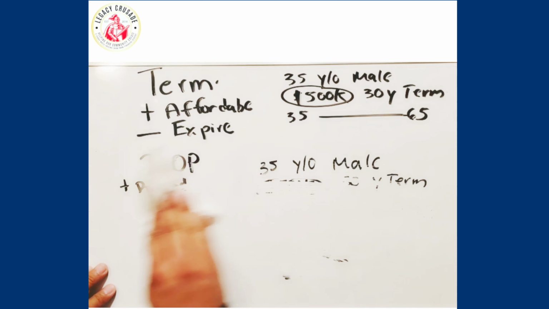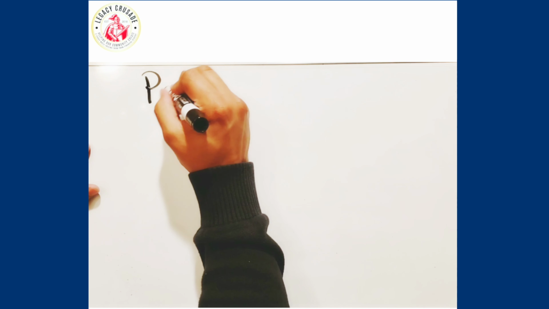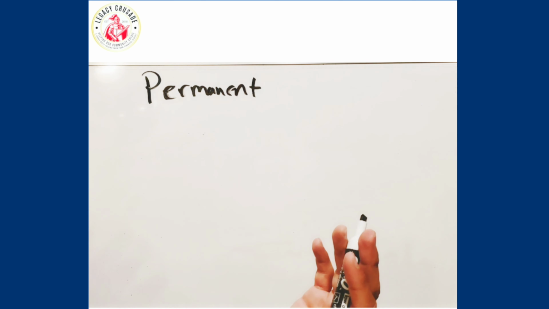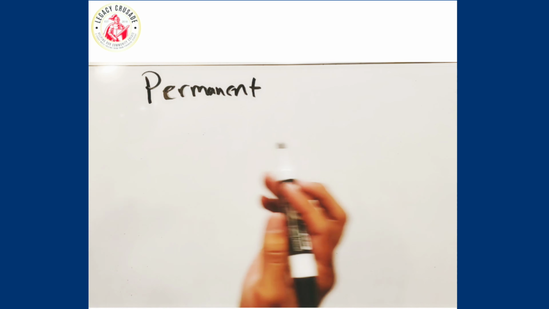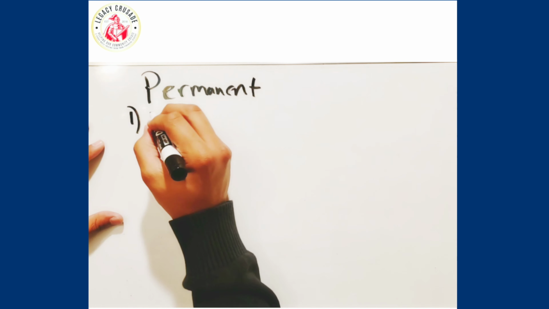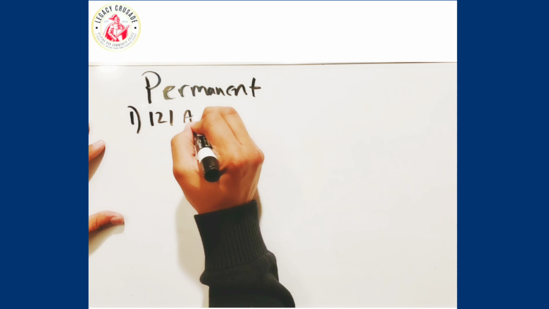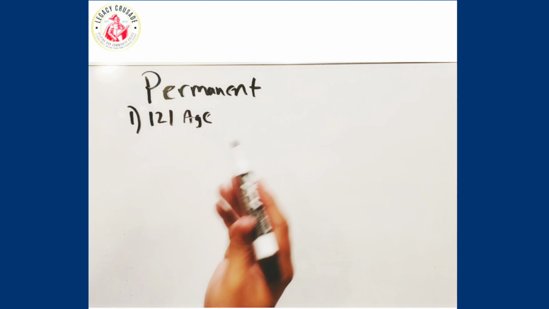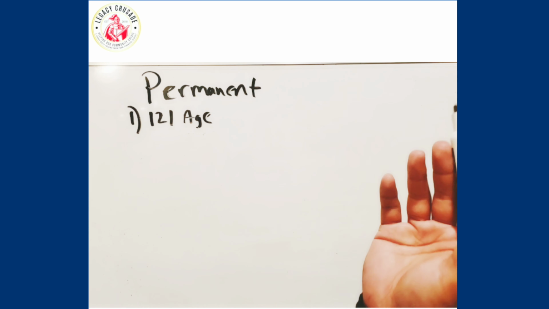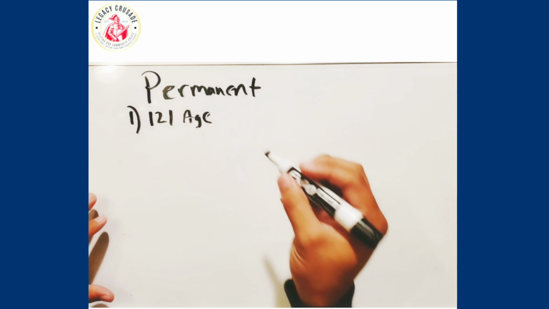I'm going to quickly go into the third form, which is a policy that a lot of people are now learning more about. And that one is called permanent. Now, I know under permanent there's an umbrella of different policies, and I'm not going to get into all that today to confuse you. But I'll explain some basic things about permanent policy. The first one is it doesn't expire. You typically cover to age 121. You lock in the rates typically at a young age, and it expires at 121. So you don't have to worry about outliving your policy.